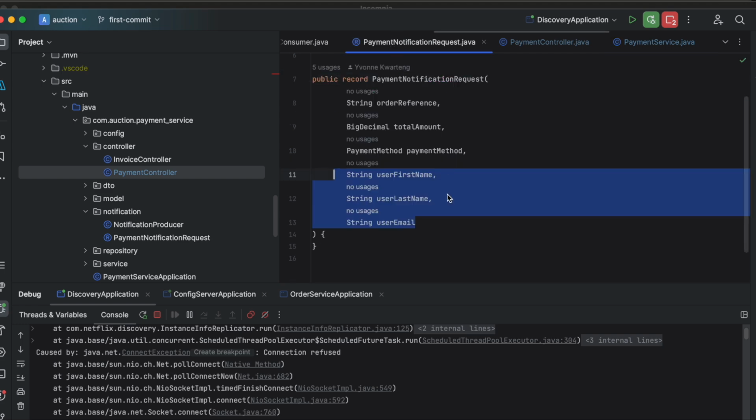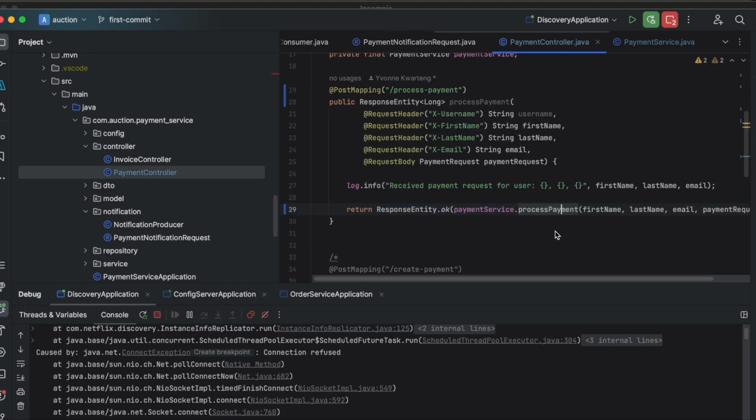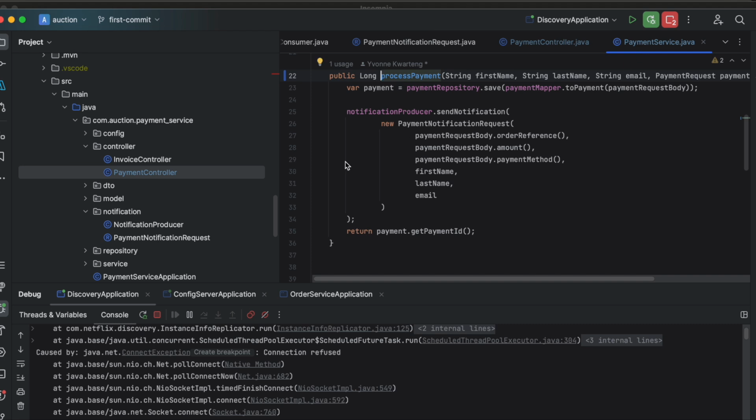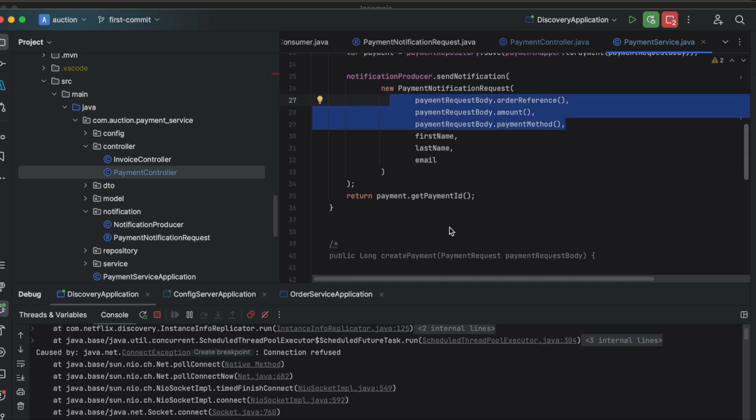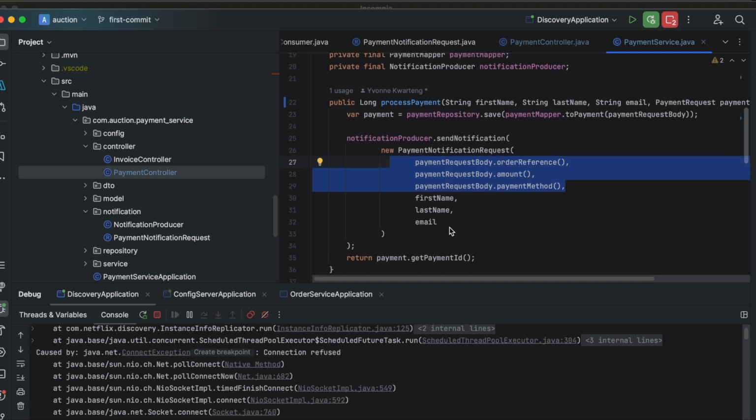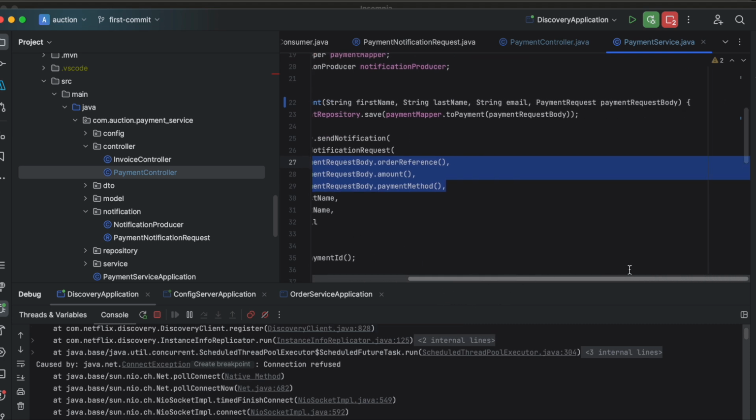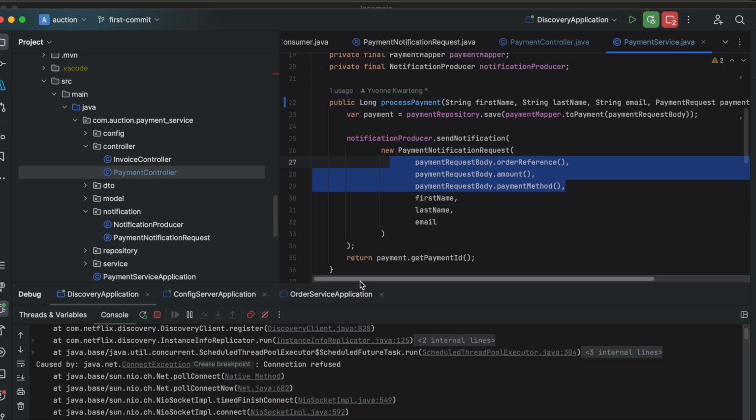Notification, payment notification request, exactly like what we've got here. So you've got the email, last name, first name, and the rest exactly as it should be. Don't mess it up, or you get an error. So this is for the payment, we are passing on these parameters plus the payment request, and this is the information we are actually passing on